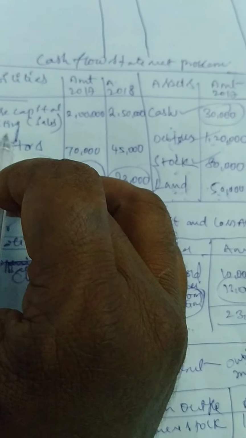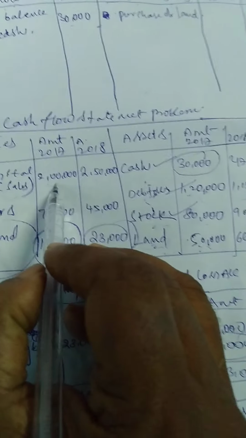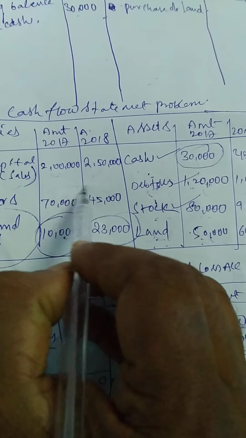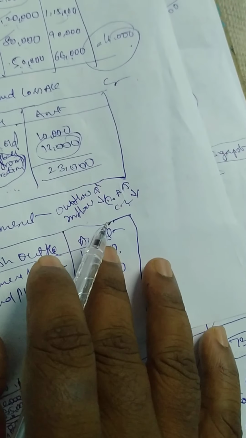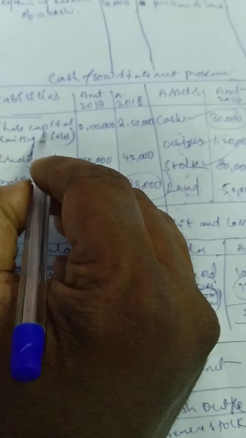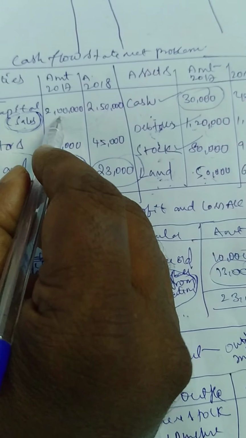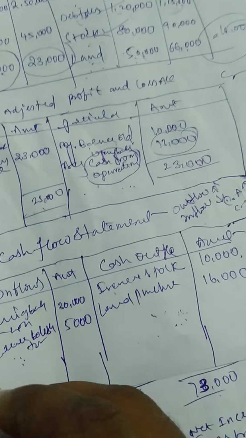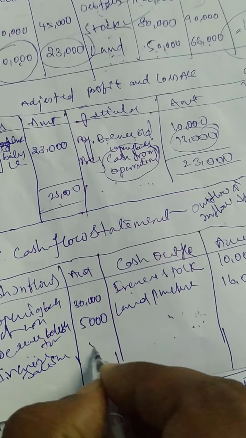Next one, share capital, raising the shares. Raising the shares means decrease, right? In 2017 2 lakhs and 2018 2,50,000. Is it an increase or decrease? It is increase. Increase means in outflows. Issue of share capital. I already said, sales means inflows and purchase means outflows. So this is inflows. 2 lakhs and 2,50,000, 50,000 is increase. In increase of shares, how much? 50,000.